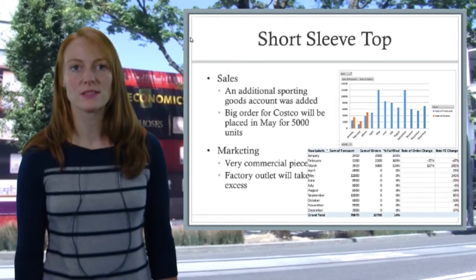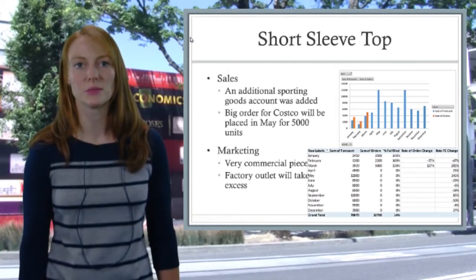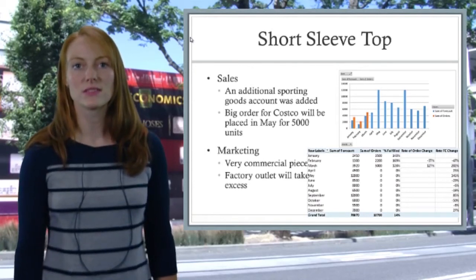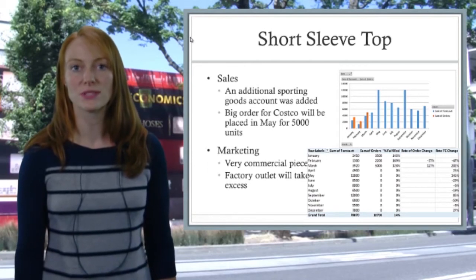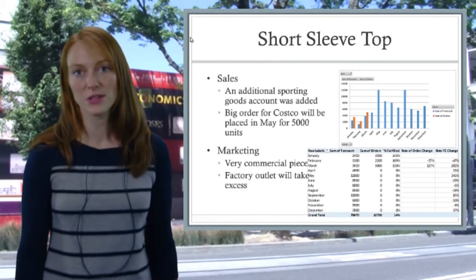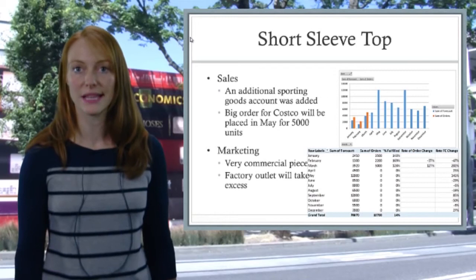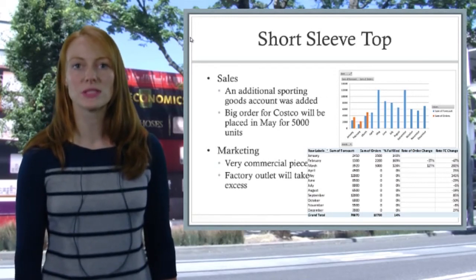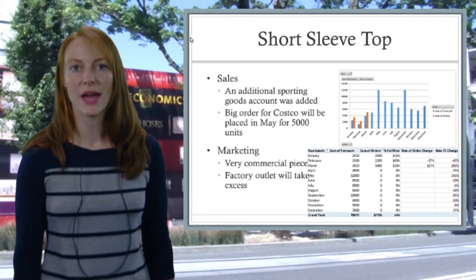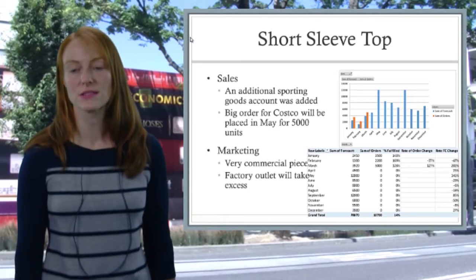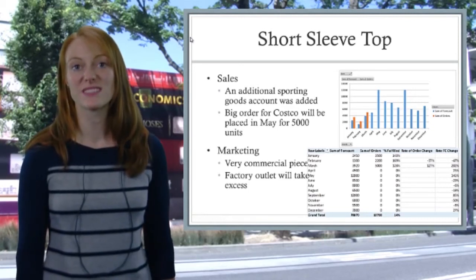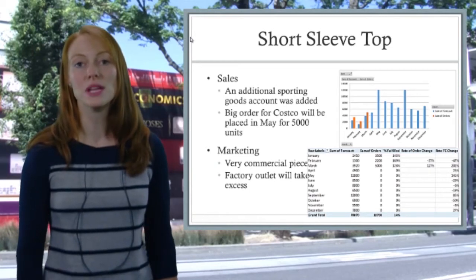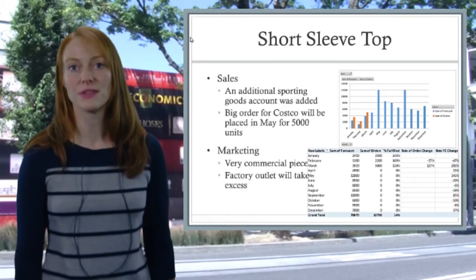So when we talk to our sales and marketing partners, we get some additional information. Sales lets us know that an additional sporting goods account was added, so we actually have a whole new customer that wasn't built into our original plan. And then we also have another little piece of information that we have a really big order for Costco coming in May for 5,000 units. So pretty much at this point, sales can tell us we, at a minimum, have demand for 5,000 units,